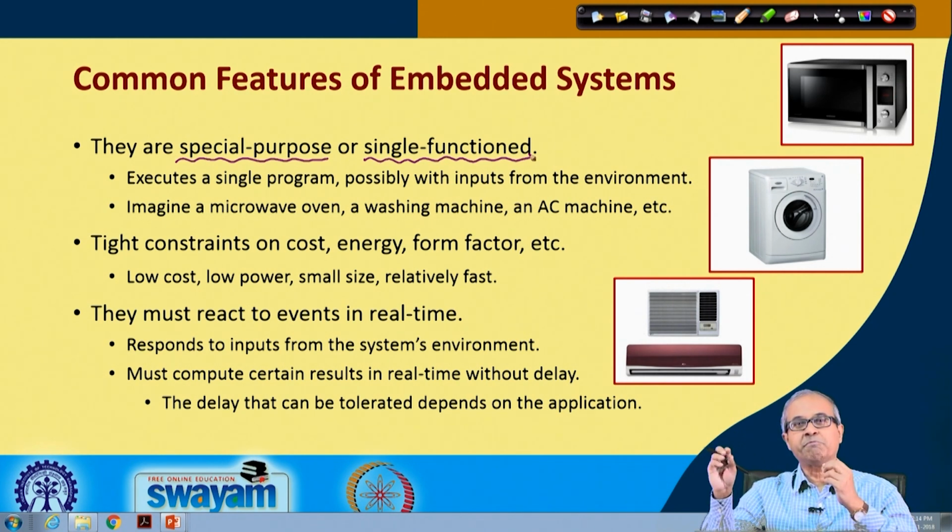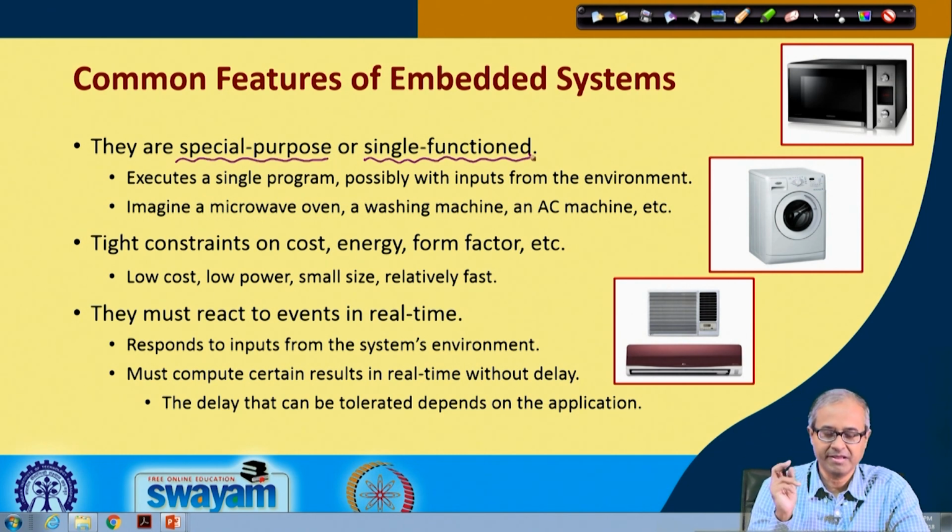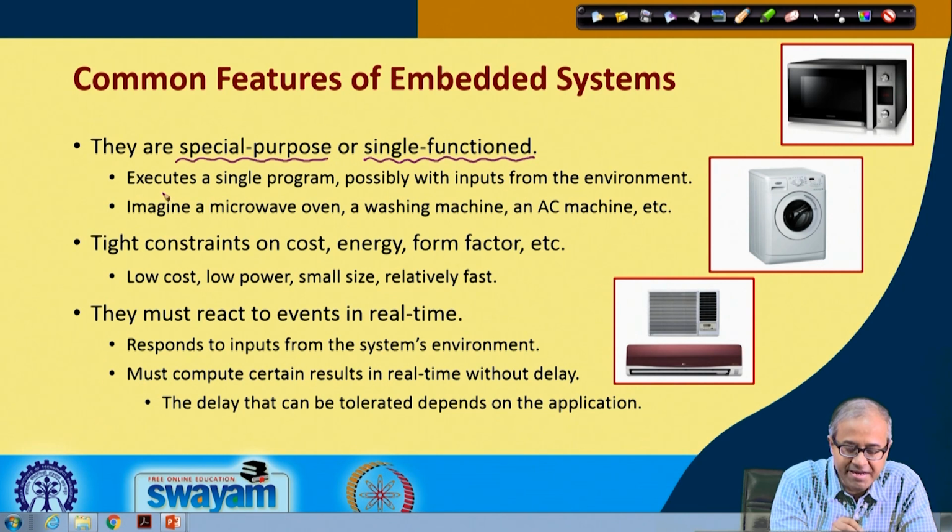The sole purpose of that processor is to ensure that the AC machine is working properly, nothing else. It is not trying to help you in calculation, in doing some maths and so on. It is very special purpose in that sense. Typically it executes a single program